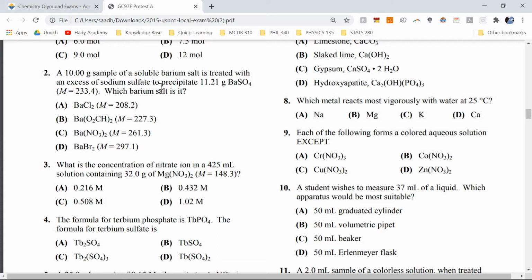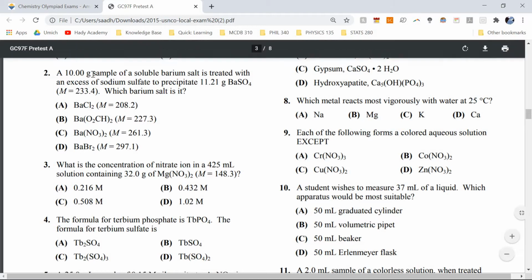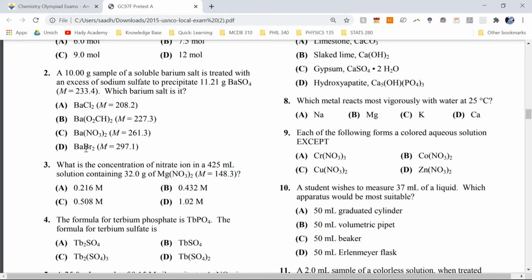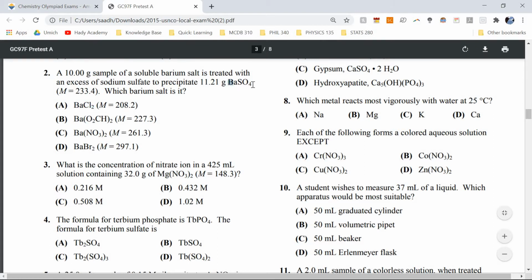I kind of remember the calculation. We were thinking, we had how many moles of barium, and we decided that since all of these answer choices only have 1 mole of barium, we know that the amount of moles of this is equal to the amount of moles of this, because it's a 1-to-1 ratio